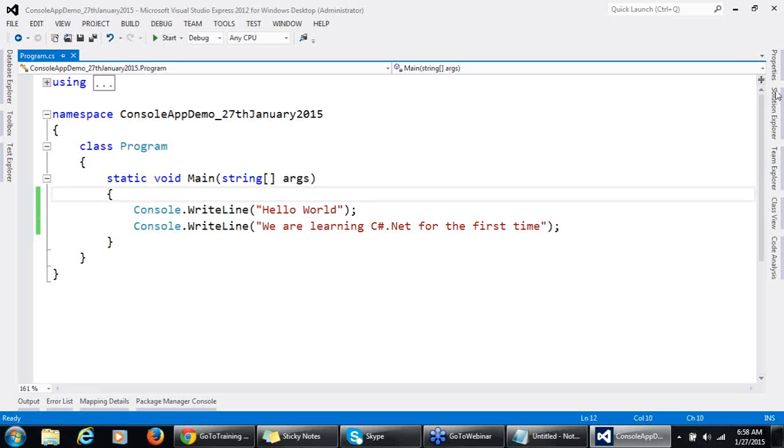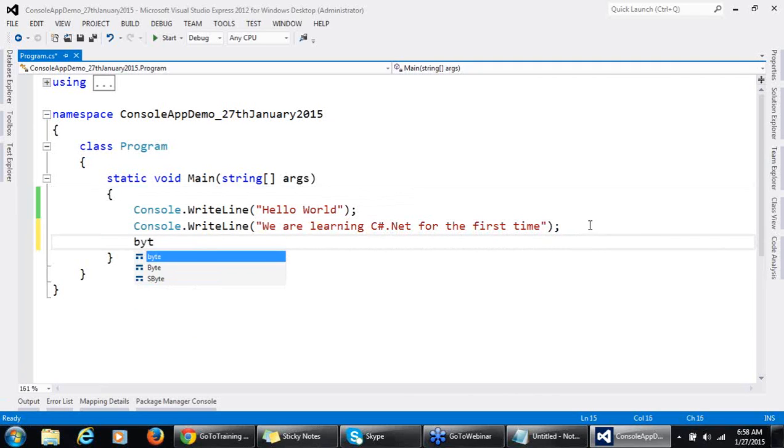Thank you. So now let's see how to declare variables and how to initialize them with some values. So you have different types of variables. You have a variable of type byte, you have a data type called byte. So byte age, okay, we can store some value over here directly. So this is basically known as